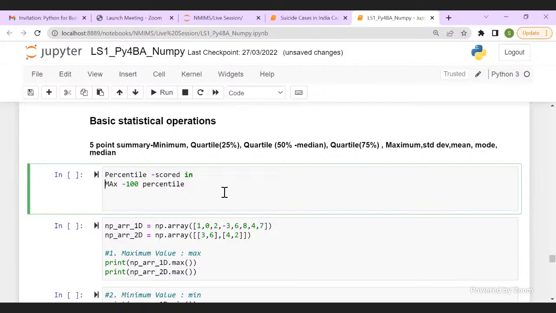The person who has scored maximum will have 100 percentile, and your entire scores are sorted in increasing order. So the maximum value is at 100 percentile.